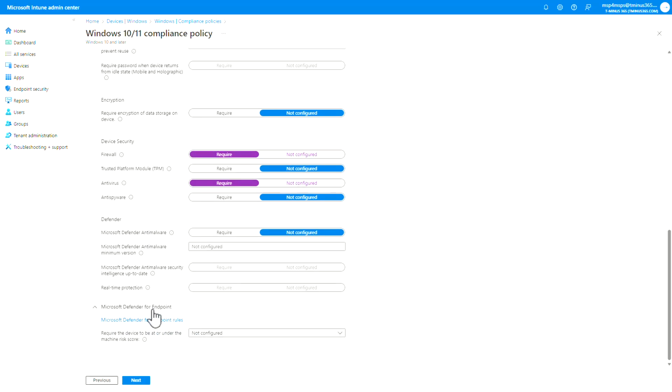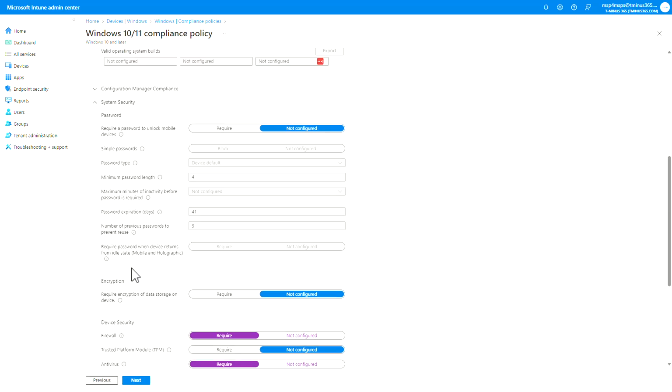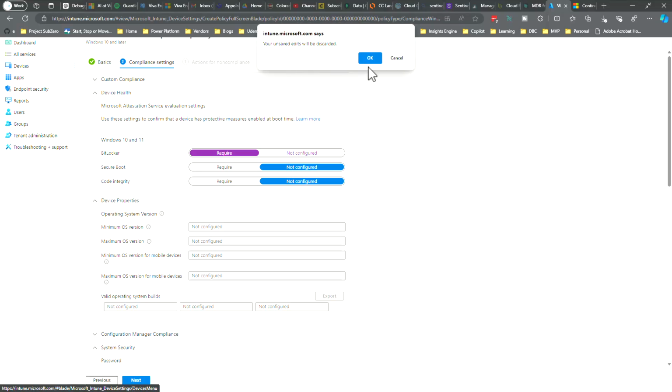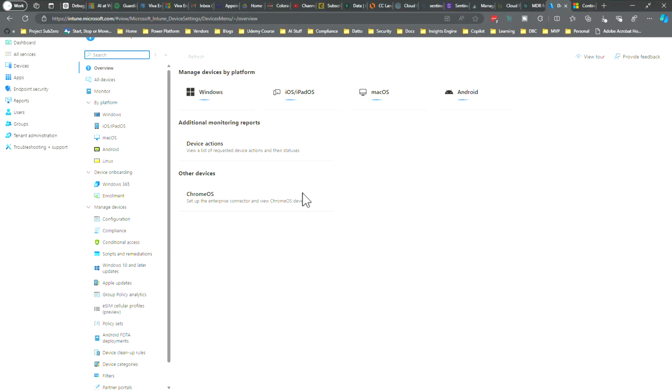This is where you can pair this with both Defender for Endpoint or Defender for Business. It's more commonly known in the SMB space for the packaging that you get. But it also pairs with conditional access policies as well. So for actions for non-compliance, you would say that it's in a non-compliant state. And then when you're done here,